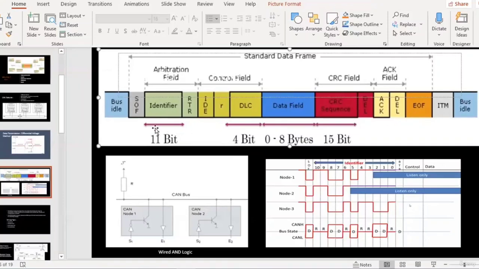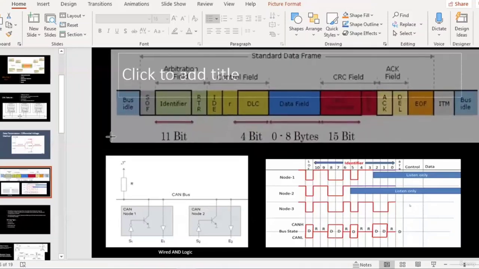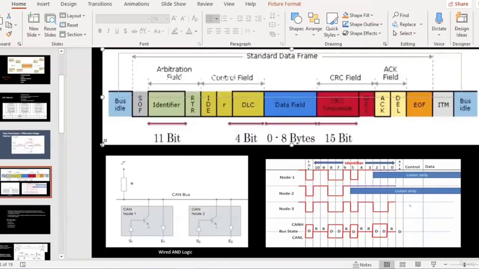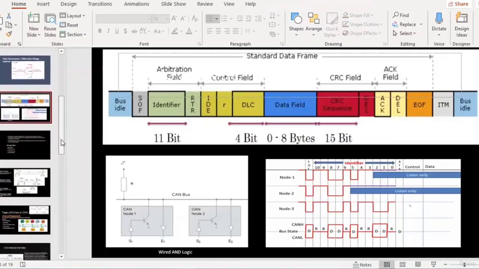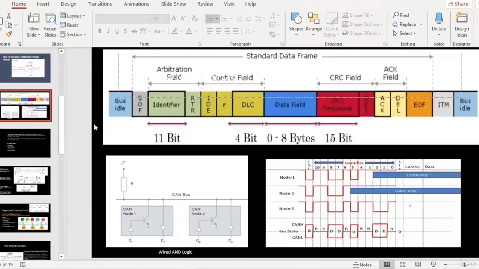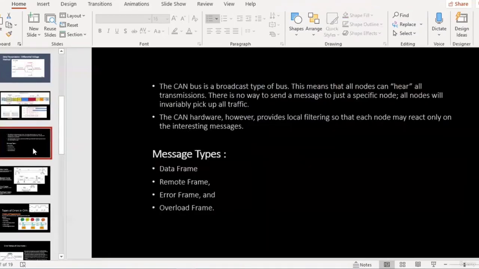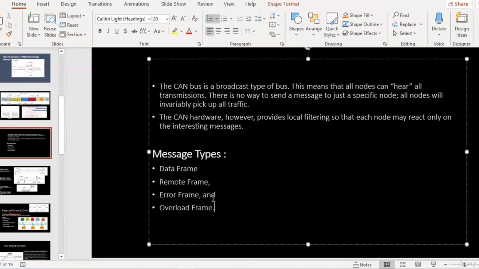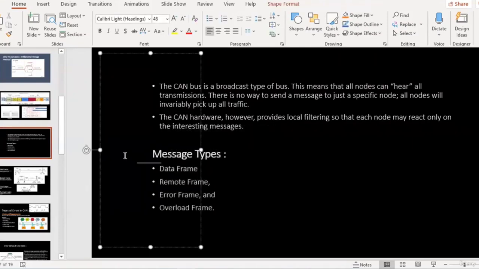We can check in the document. So this is how the sequence of the CAN frame looks. Maybe I'll also explain what the different types of frames are before we come back to the process of arbitration. Among the different types of CAN messages, the frame that I just explained is a data frame.